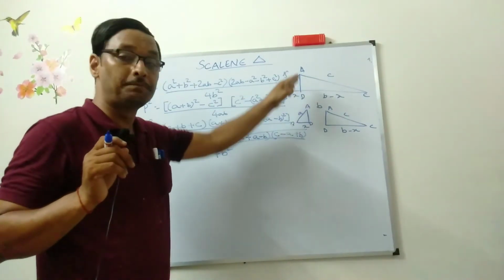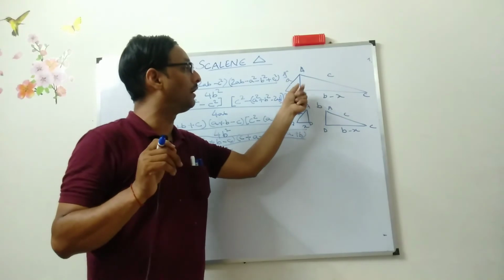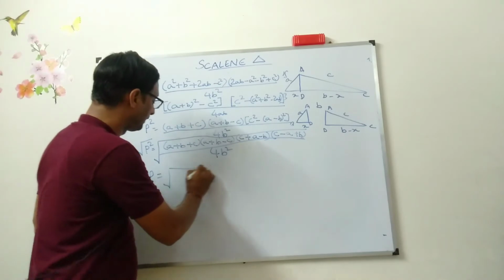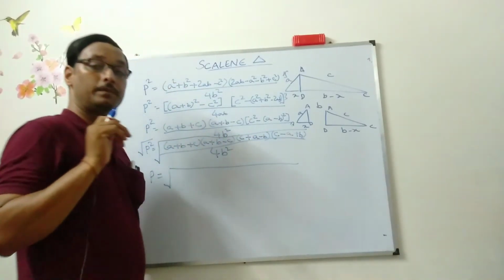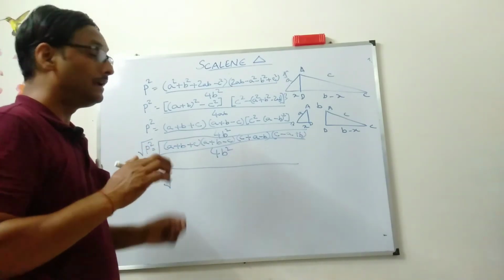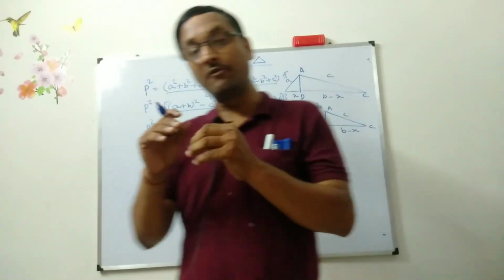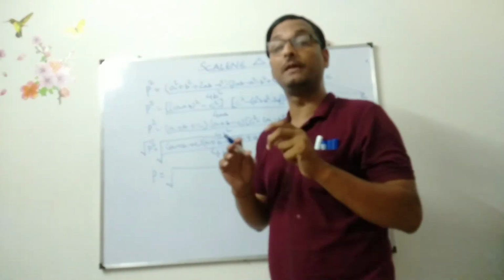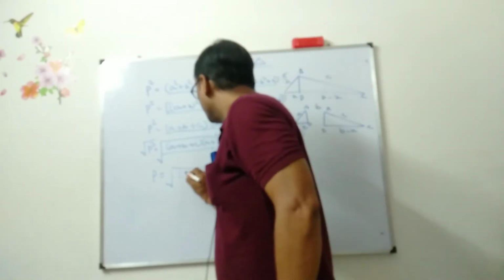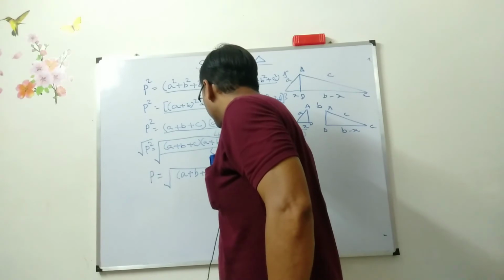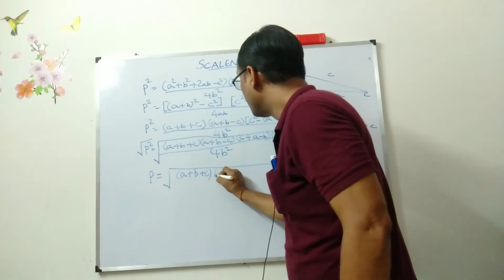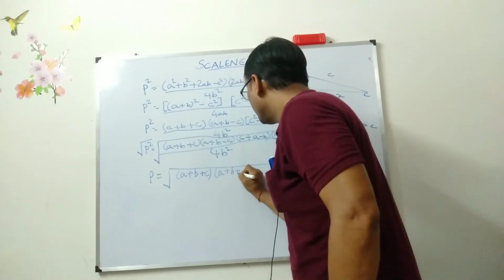If I'll be finding out this p, this height, then I'll be easily finding out the area of this triangle. Now look at this. Now you have to make this thing in such a way so that it will be that perimeter wala part where I said 2s, a plus b plus c, that thing you have to use it. You write this a plus b plus c. This is as it is. For this, there is no plus c, but you write in such a way, this is a plus b plus c.